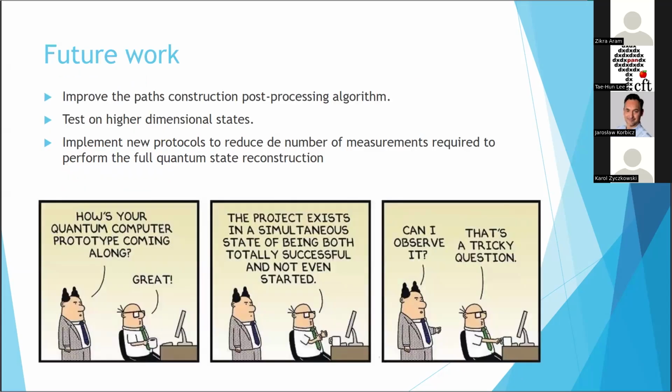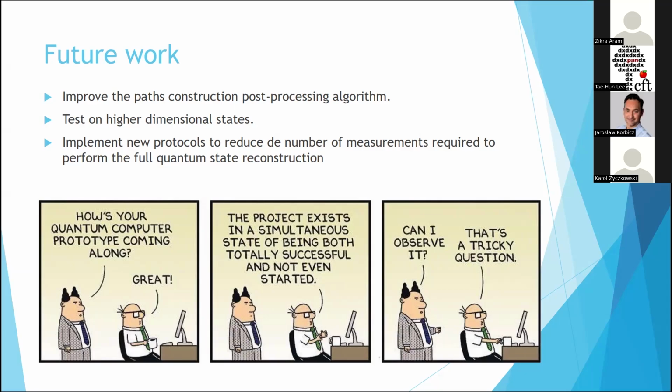And we have some future work to do right now, for example, improving the algorithm for the path construction. We want to find a better way to implement this part of the algorithm to improve the computational time needed. And we want to do this because we want to test on higher dimensional states. We are now working on 11 and 12 qubit systems, but we are limited by the access to the IBM quantum processors to go to higher sizes. For example, in a free access account, we have only 10 minutes per month, and only one of these experiments requires around 10 minutes, even a little bit more for 12 qubits, because we need to increase